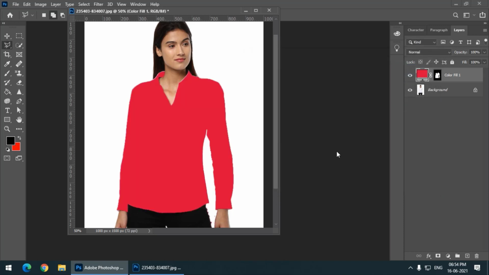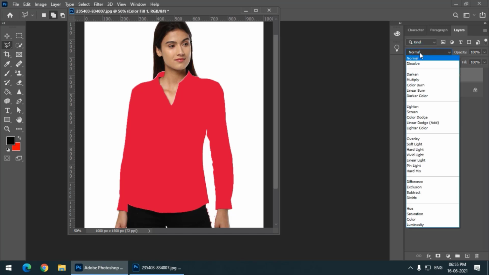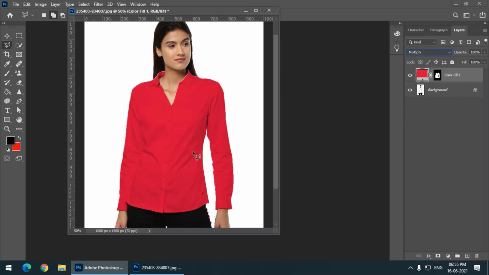And don't worry, this is not the final result, or you may say that this doesn't look real or realistic. This is only the first step. Then we have to simply go into the blending options, as we have seen these same options in the brush tool. So blending options and go to multiply.